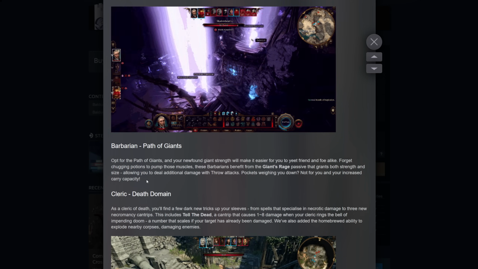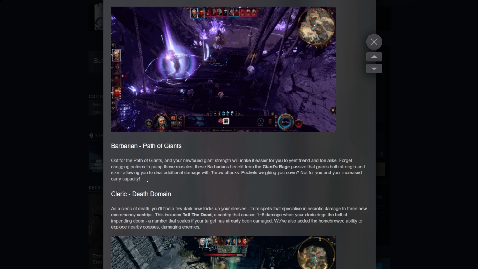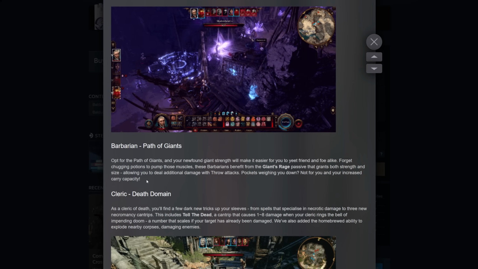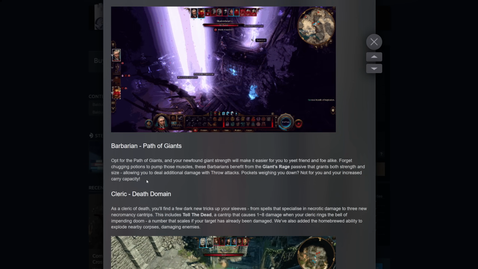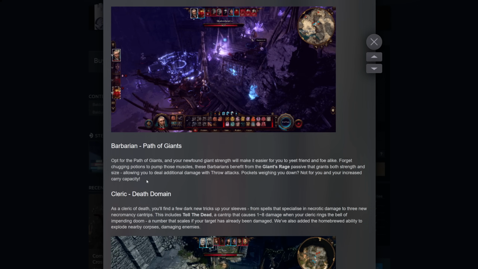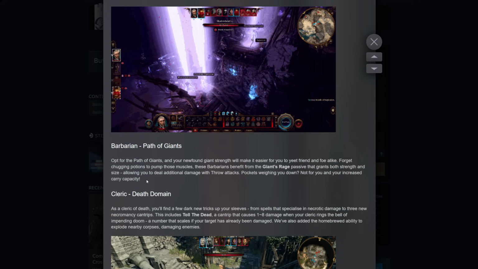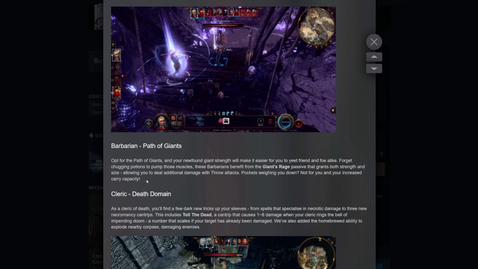at level 6, the Path of the Giant Barbarian gets the ability to turn any weapon into a thrown weapon. Now, in Baldur's Gate 3, there's no way to turn weapons into thrown weapons except for, if you get lucky on your Wild Magic Barbarian, Wild Magic Surge. But the Path of the Giants Barbarian is going to let you turn any weapon into a weapon with the